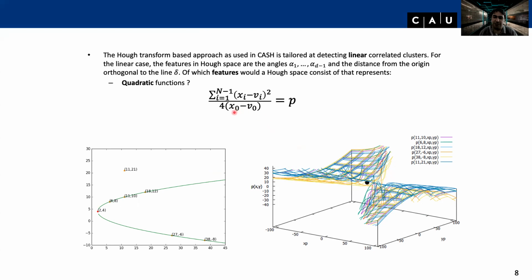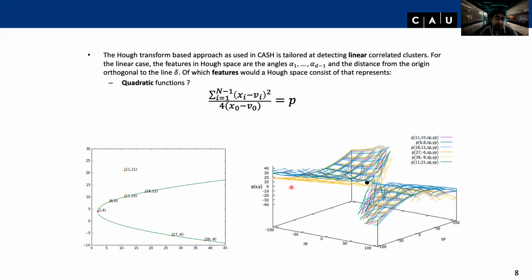Why that? Well, what happens if both of them would be the same? So if this x0 would be 2 and v0 would be 2, this part would get 0, and we have an area or a point which is undefined. So this is the reason why you have two parabolas, one here and one here, two paraboloids to be precise. So, this is one approach how you can capture or scan for